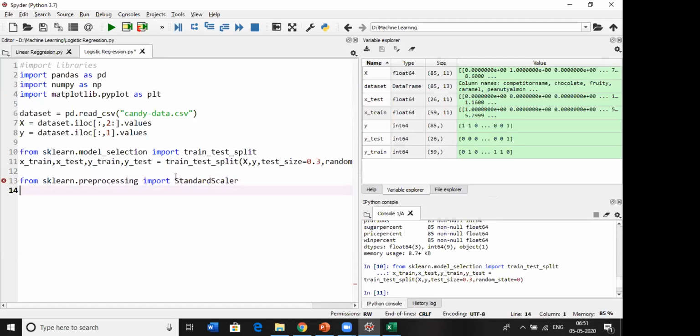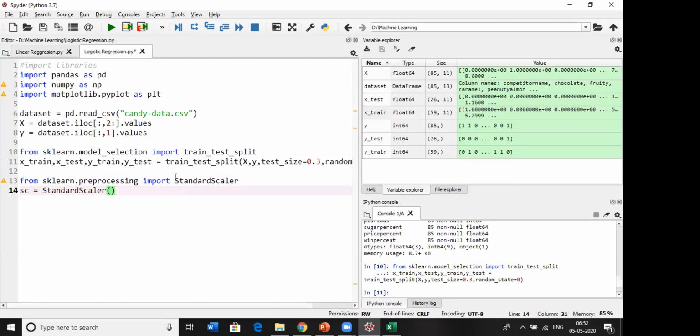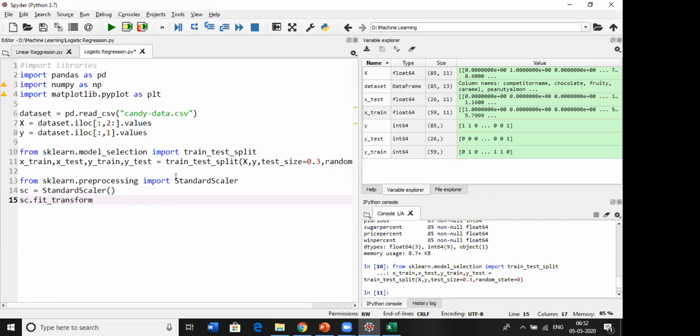Let me create an object of StandardScaler. So we got that object. Now we need to fit and transform the three columns in X train, the last three columns, from 8 onward.